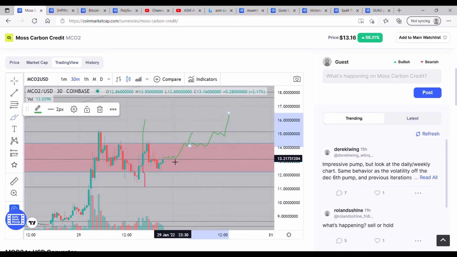We could launch from here, but if we don't, that's kind of the slow version of moving up. If we lose the support, we're going to see it short and sharp, straight back to 12.17. We might have a small bounce and a little bit of consolidation. I doubt we're going to move any higher. If we are going to move lower,